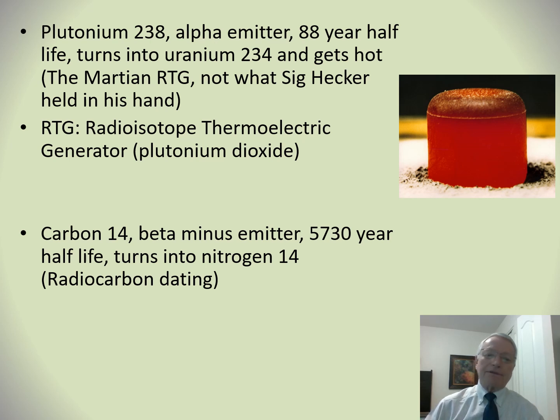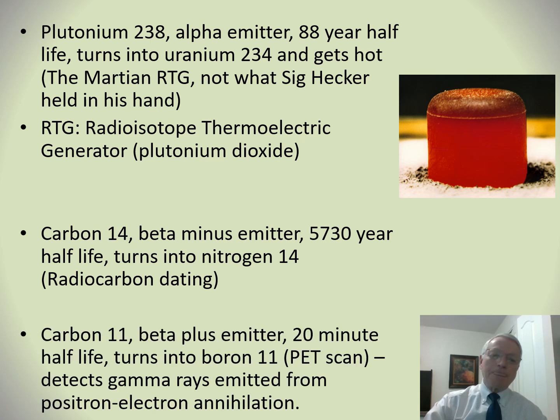It has a 5,730 year half-life, turning into nitrogen-14, and it's good for radiocarbon dating. Here's a beta plus emitter, carbon-11. You can make carbon-11 in a nuclear reactor, and it has a 20-minute half-life, and it puts out positrons. Positrons are very handy for medical detection, and carbon is a really good element to use biologically because our bodies